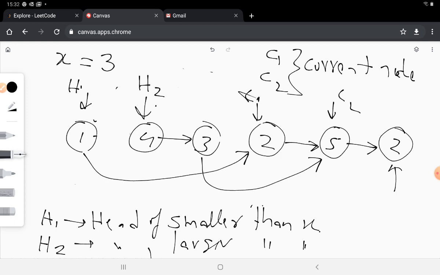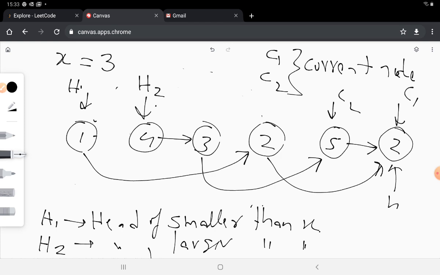So let me just remove c1 from here and move it here, and the previous pointer now points to this. Now I remove this link and my 2 starts now pointing to c1. So now I am at the end of the list, so now there is nothing to move forward.